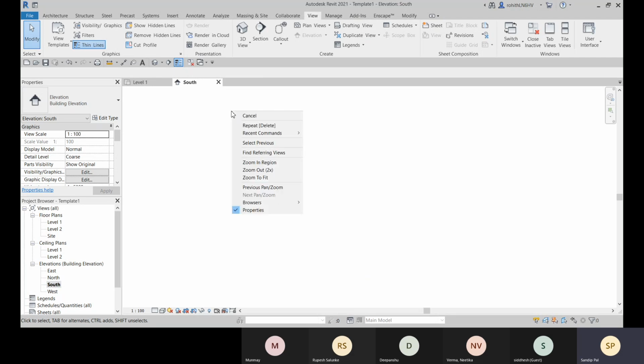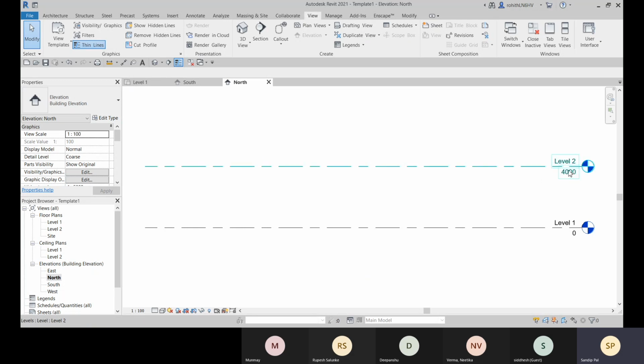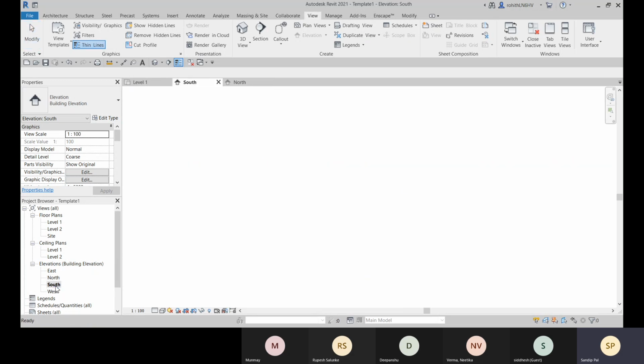So what you can do, you can right click and zoom to fit. You click zoom to fit. Okay, so similarly go to the north view and these two elevations are included within this view. And within this view, just a second.